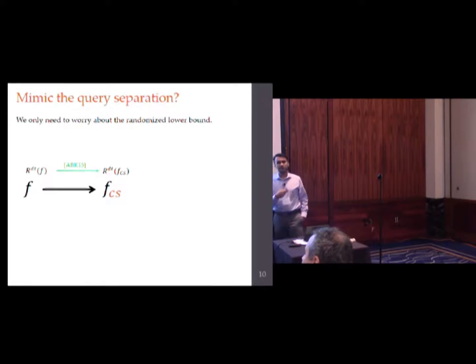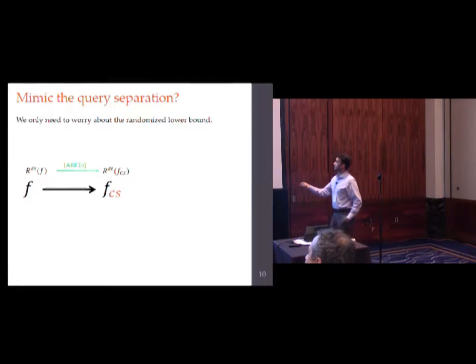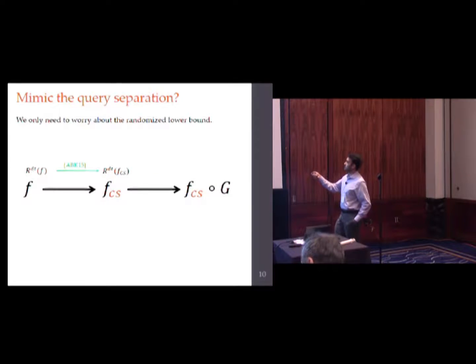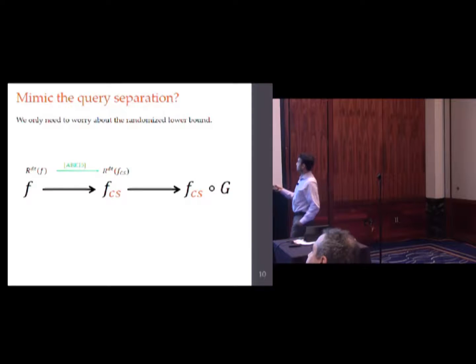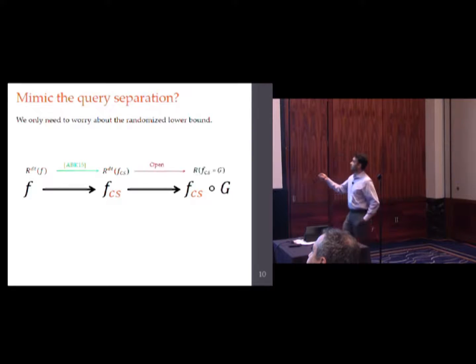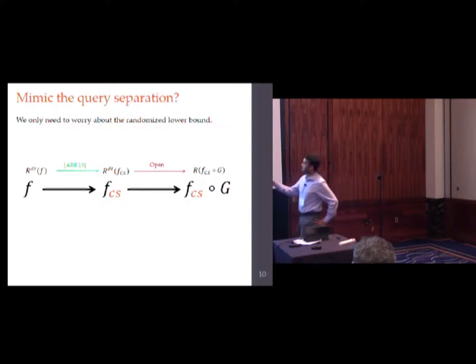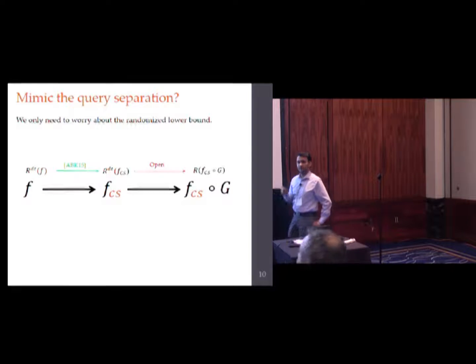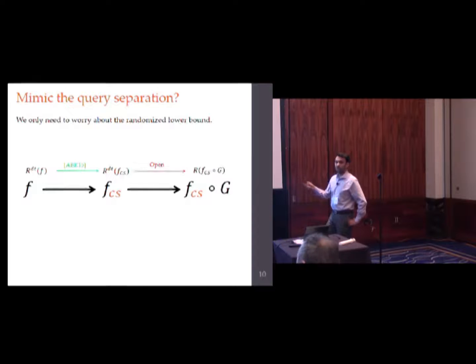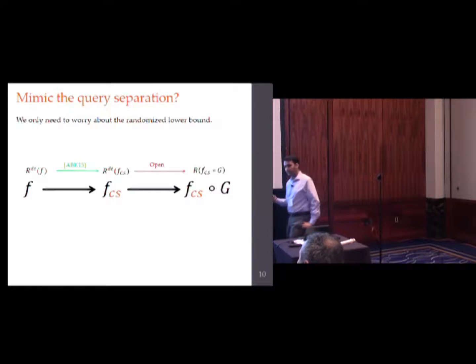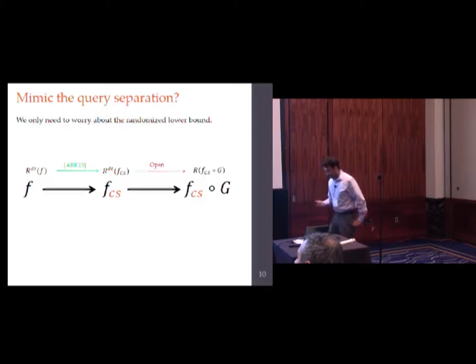The strategy that I proposed on the previous slide, the one that doesn't work, just lifting, would involve going from here to here. You say you compose with some gadget. And the problem is we don't have a lifting theorem. So we don't have a way of saying that the randomized communication complexity of the lifted problem is lower bounded by the randomized query complexity of the original problem. This is not a statement that we know how to prove in general. This is open. All right, so this is the approach that doesn't work.